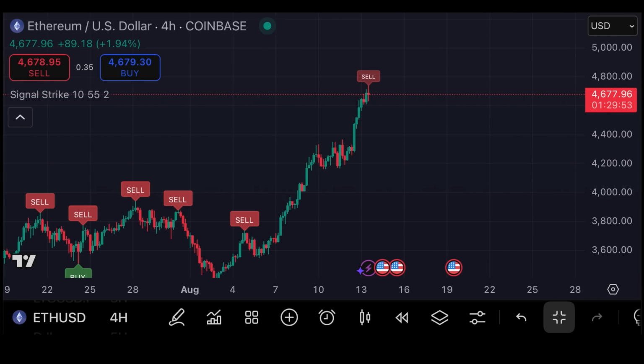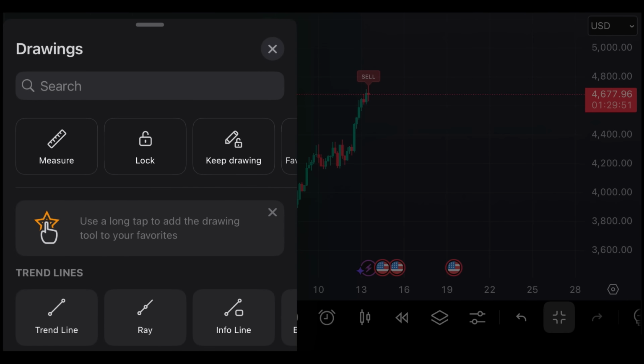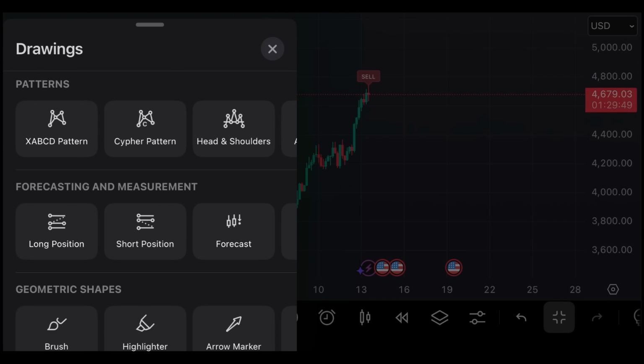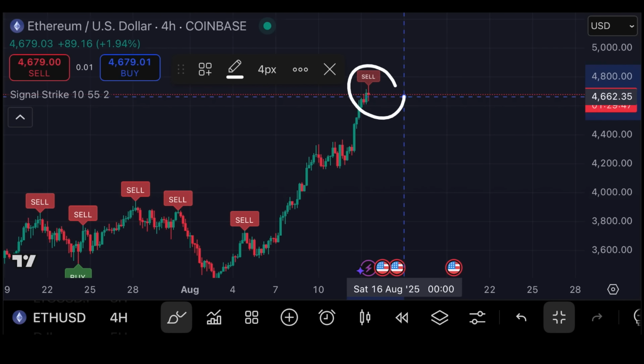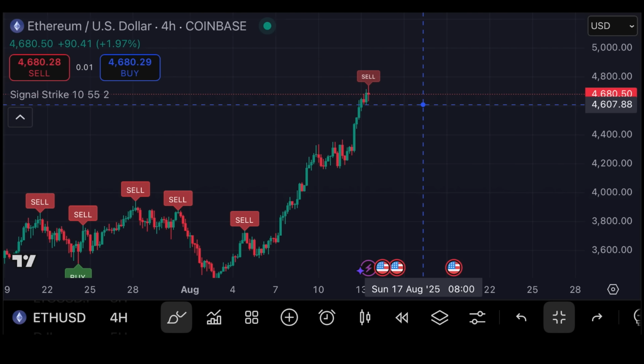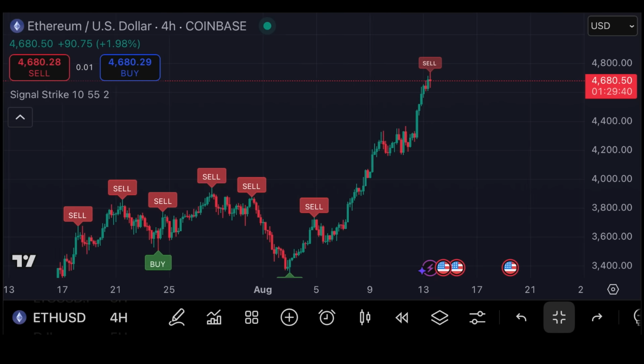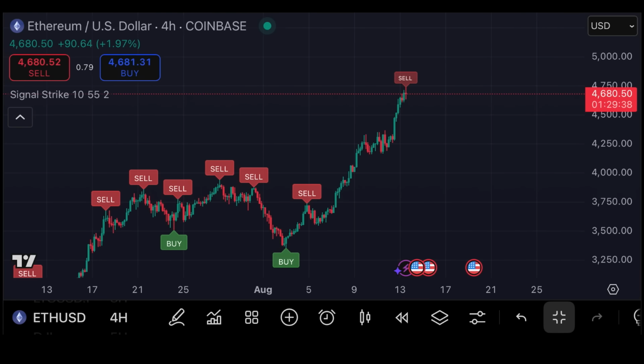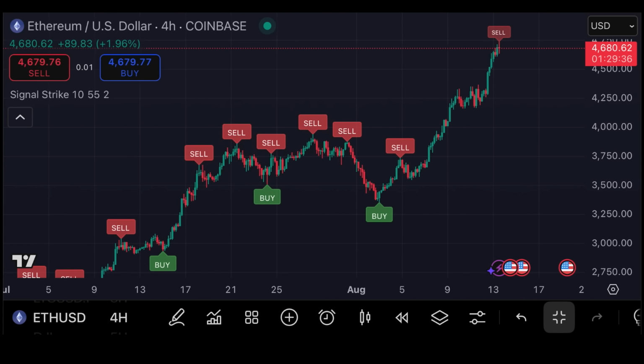And these are things that we want to see. We want to get these signals in real time and we don't want to be behind the market. So guys, I just wanted to show you how the indicator works well